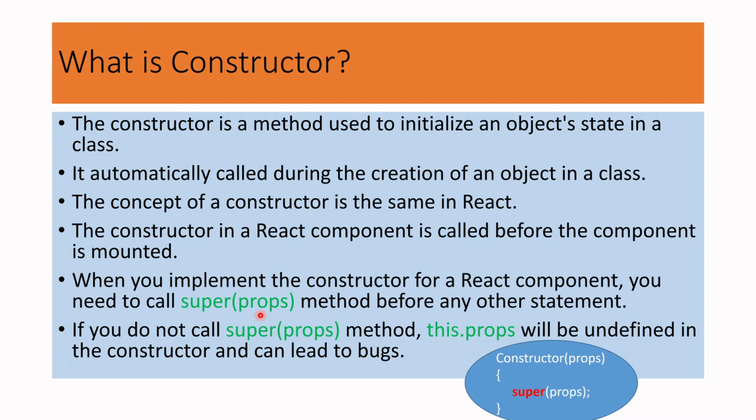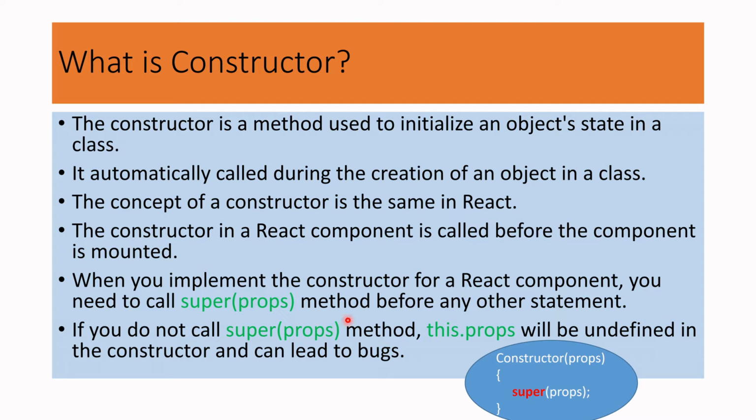If we are going to write any other statement, any other instruction inside the class component, you do not have to write that before this. Before that you have to write super first, and then pass the props. And then we can write any other methods. So this is the concept. And if you do not call the super props method, then what will happen? this.props will be undefined